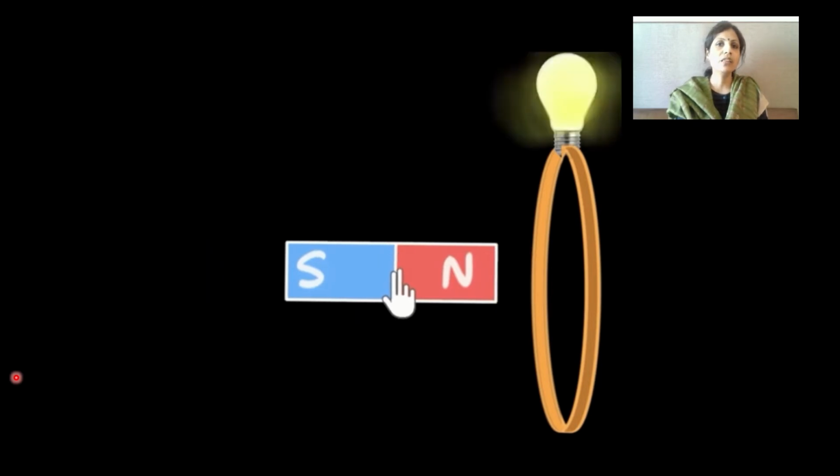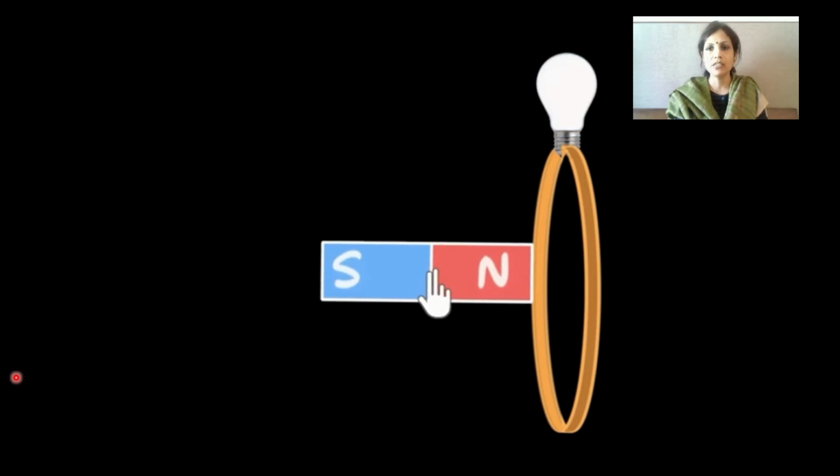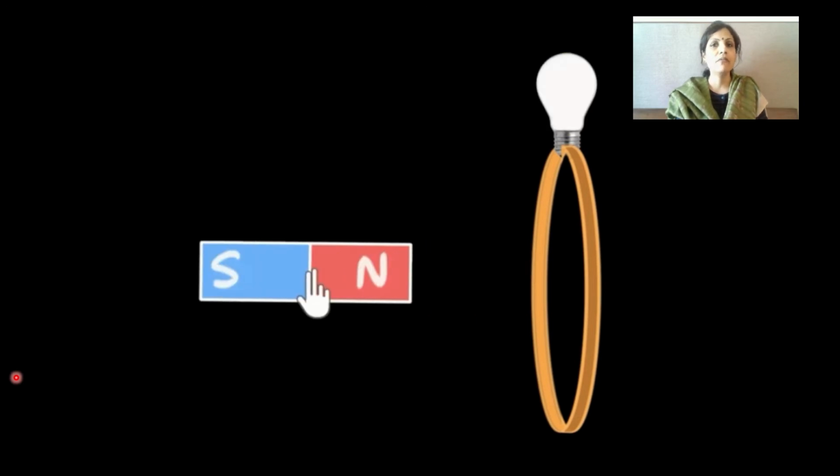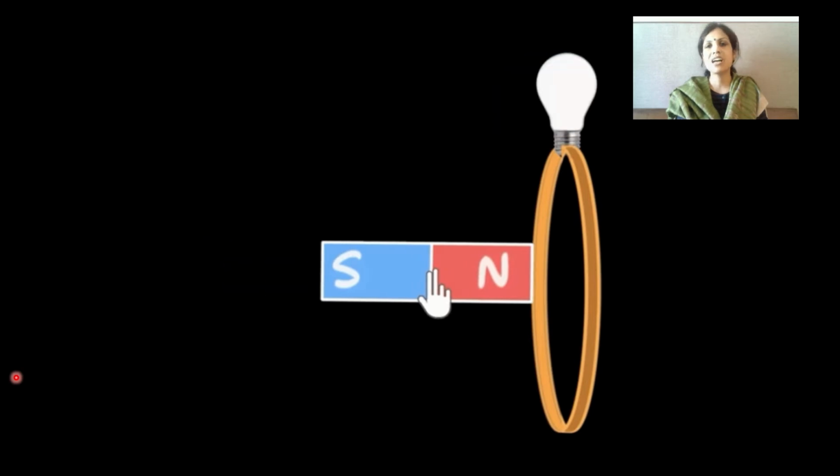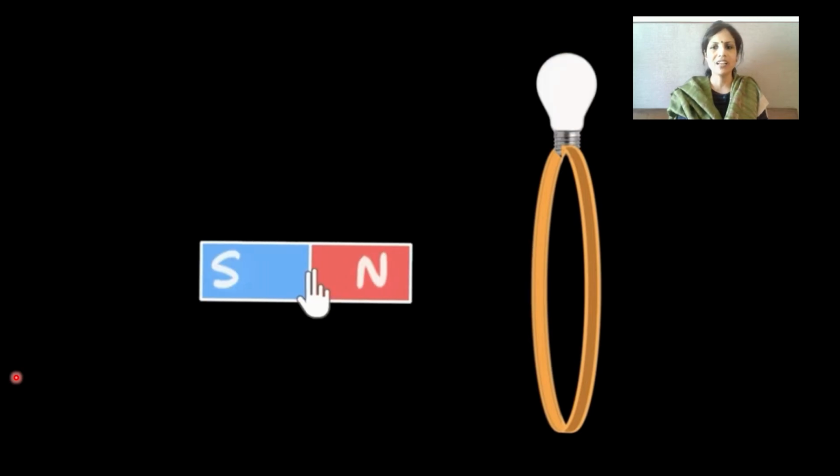So we are moving the magnet backward and front, and we can observe that the bulb which is attached to the conducting wire is flashing. That means our experiment is working. Let's go the other way. Let's move the coil towards the magnet. Let's do that and observe. Can we see the flash again? Oh yes,